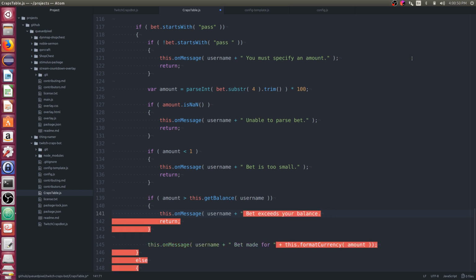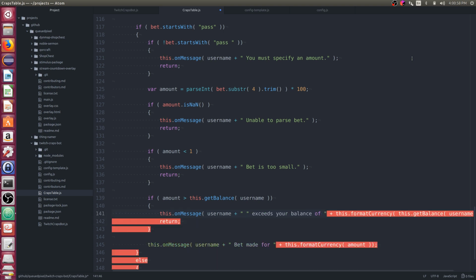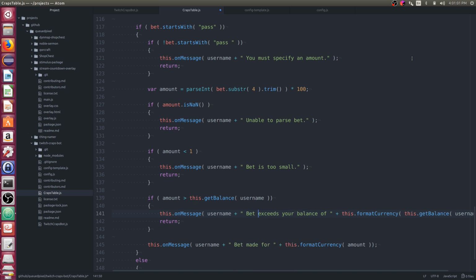Actually, I think for this one I do want to include their balance. We'll say bet exceeds your balance of blank.